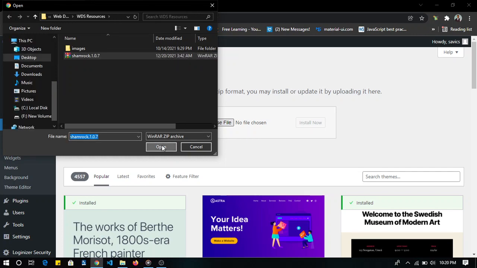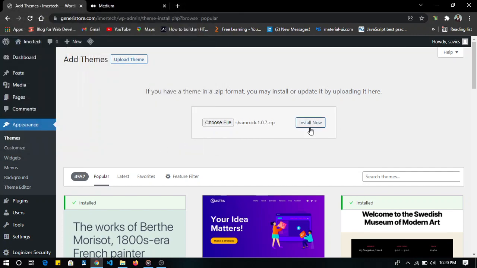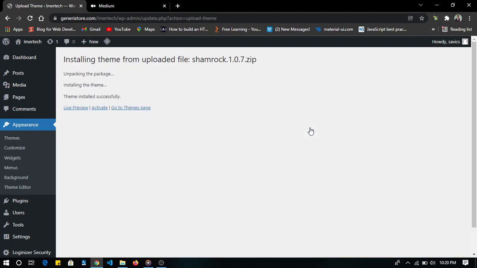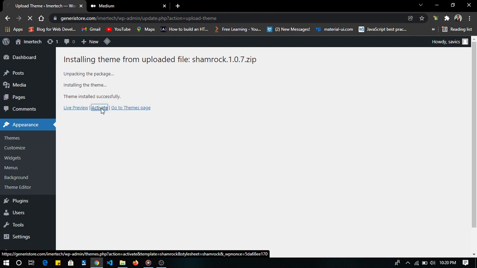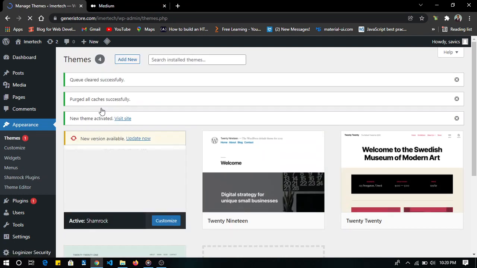Shamrock 1.0.7. So it's installed now. Alright, so as you can see, the theme has been installed successfully. So the next thing we need to do is to activate the theme. Okay, so after activating the theme,